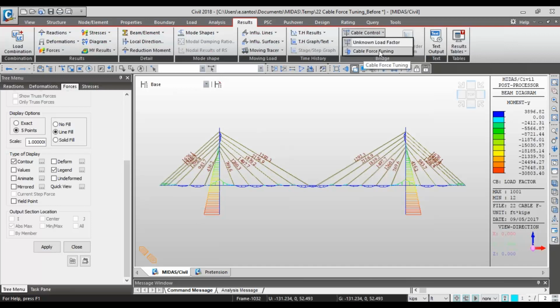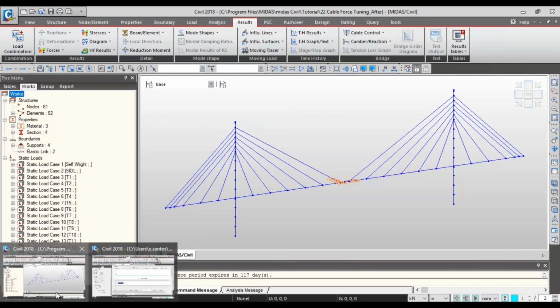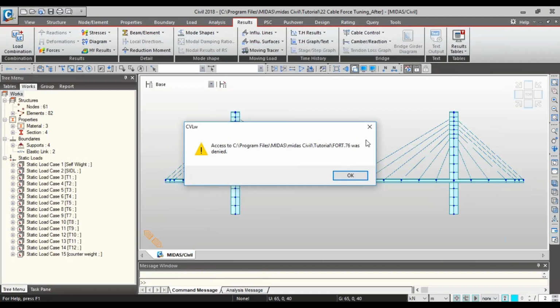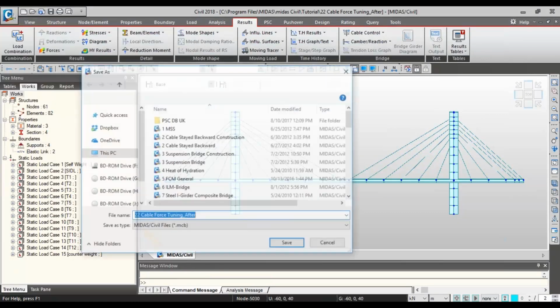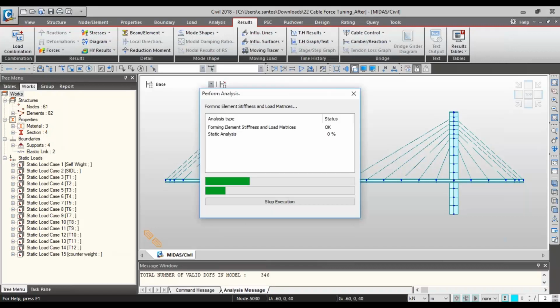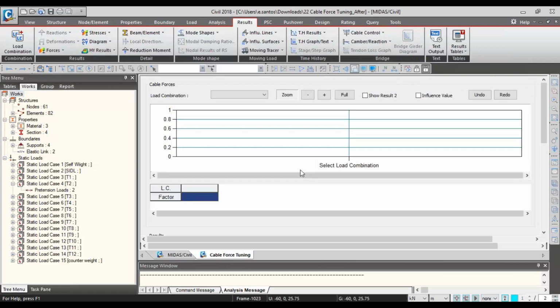Unknown load factor is one of the functions that we have. We also have one that is called cable force tuning. For cable force tuning, let me just save this one. For the cable force tuning, you have an option of changing the forces on each one of the cables and see how those forces act on the girders or the pylons. It's up to you. So if you go into cable control and use the cable force tuning,